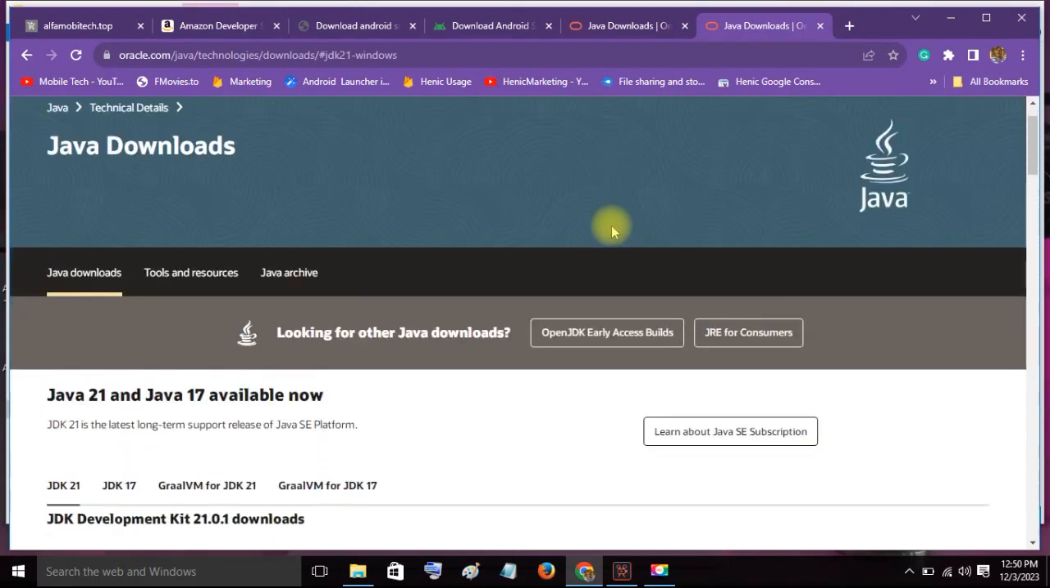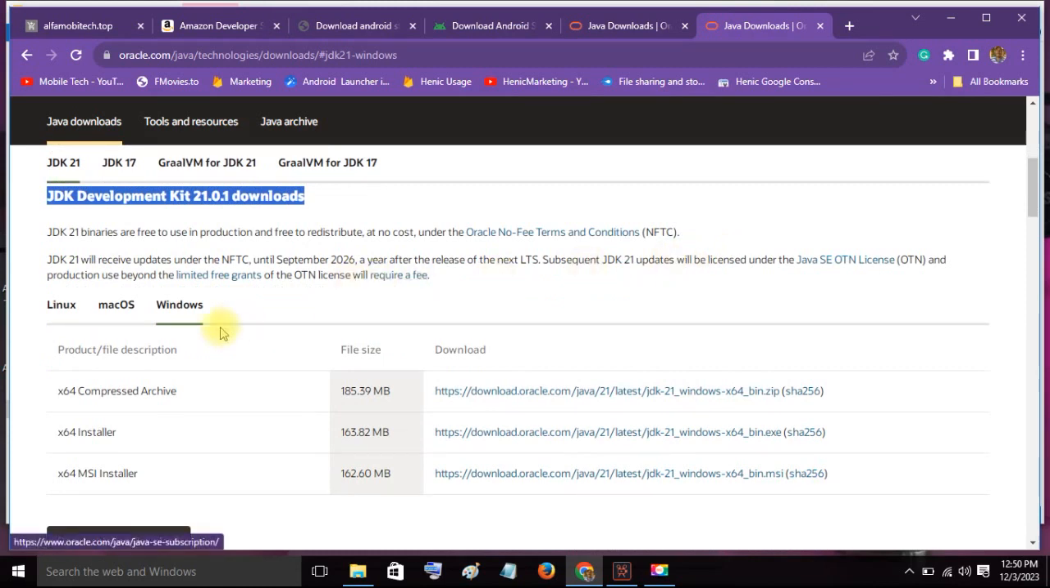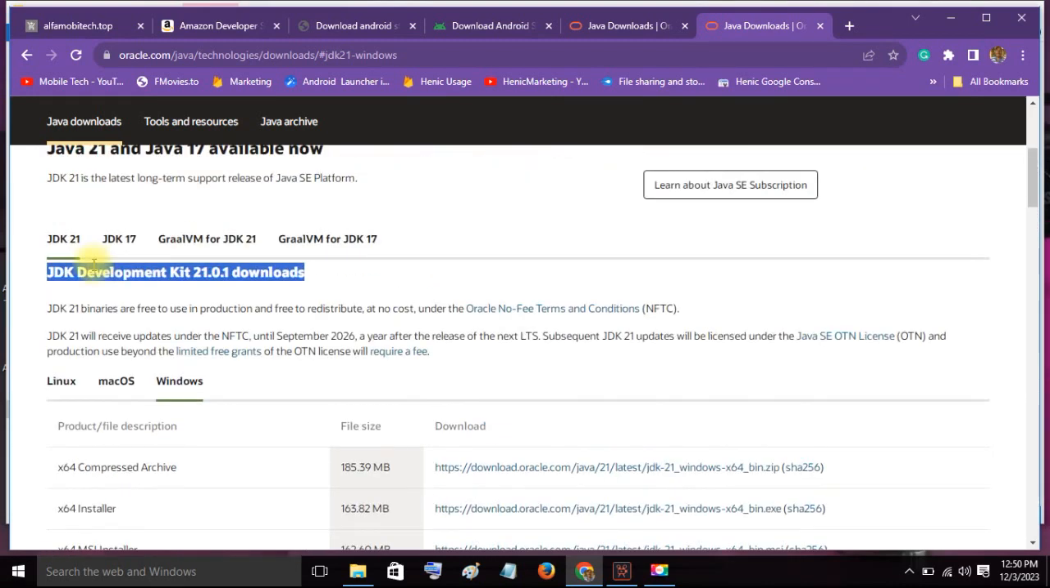Then you click download. Then you come to download JDK, the Java development kit. As you see, this is the latest Java runtime. If you scroll down, you find this is for Windows. These are the Windows files for 64-bit. So if you are using 32-bit, you can search for it. You just simply type JDK